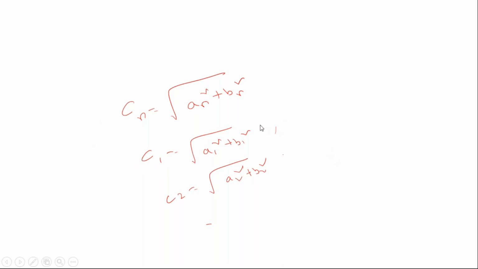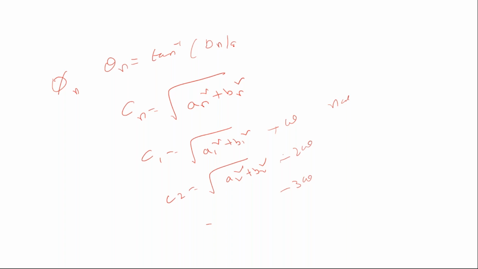So C1 represents the fundamental frequency omega, C2 is 2 omega, C3 is 3 omega. Like that, Cn represents n omega. Since my bn is 0, I can take C1 as A1, C2 as A2, like that. Similarly, I can find the phase part, which you can represent either as phi or theta, which you can write as tan inverse of bn by an. You can find the phase part.